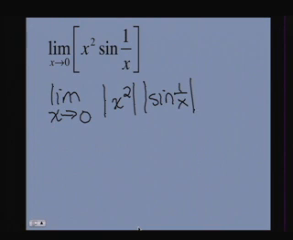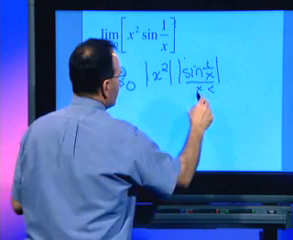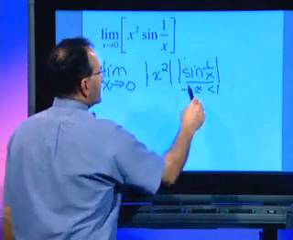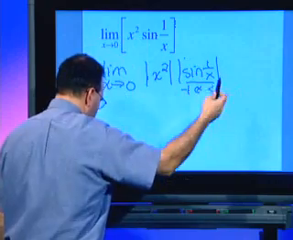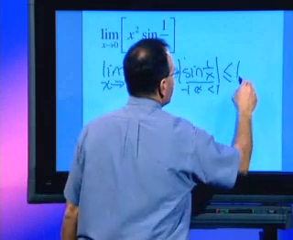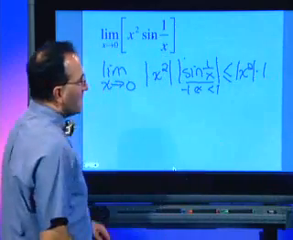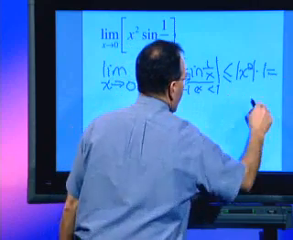And then what you can remember is that the sine of theta always ranges between 1 and -1. And what that means is the absolute value is going to range between 0 and 1, or is going to be at most 1. So we can say that this is going to be less than or equal to just plain old x squared times 1, which of course means that it's simply equal to